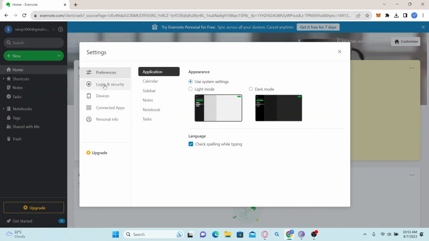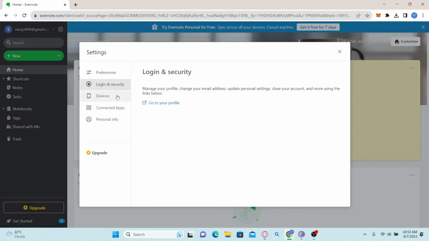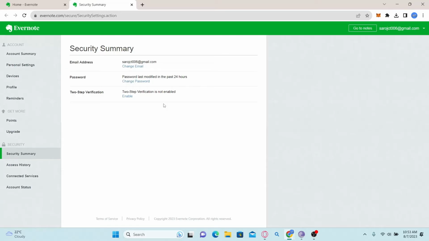Now from the settings page, just click on Login and Security, and now you will find the link to go to your profile. Just click on it and this will take you to your profile settings. Now from your profile settings, you can find your email address section, and underneath your email address is the Change